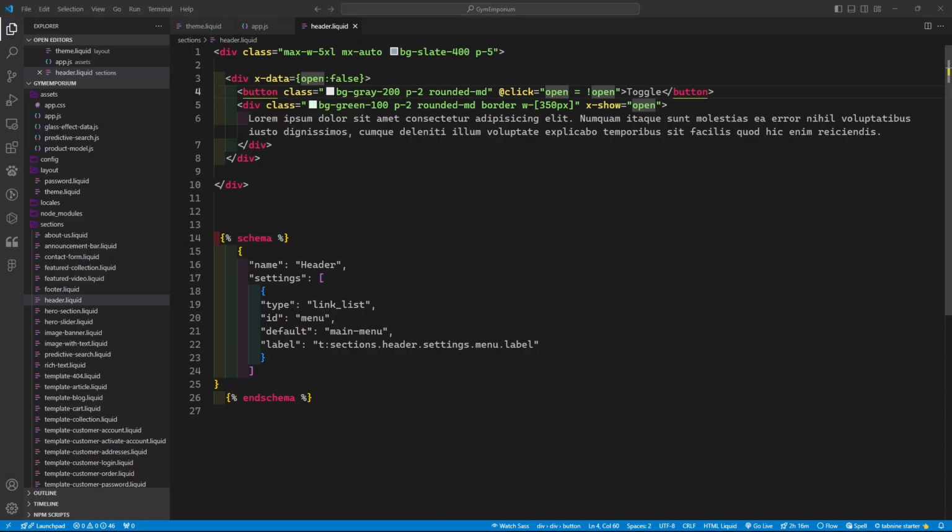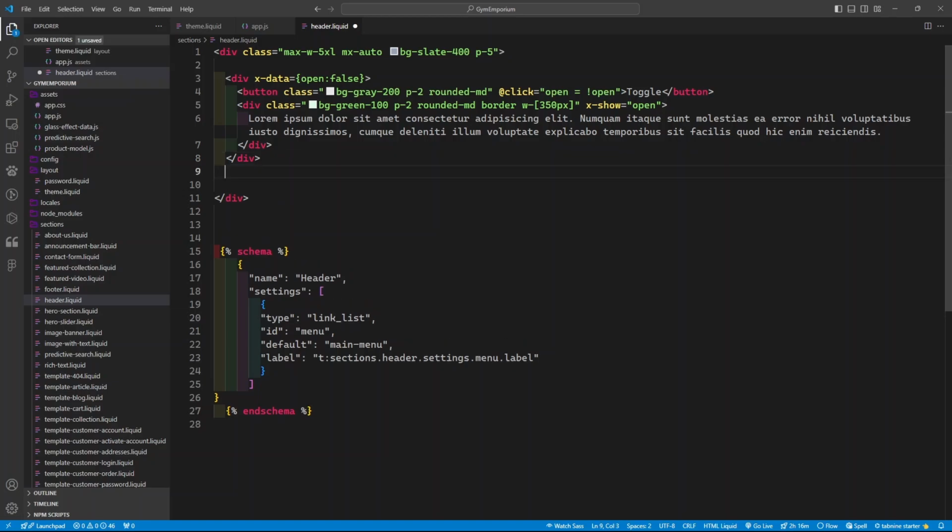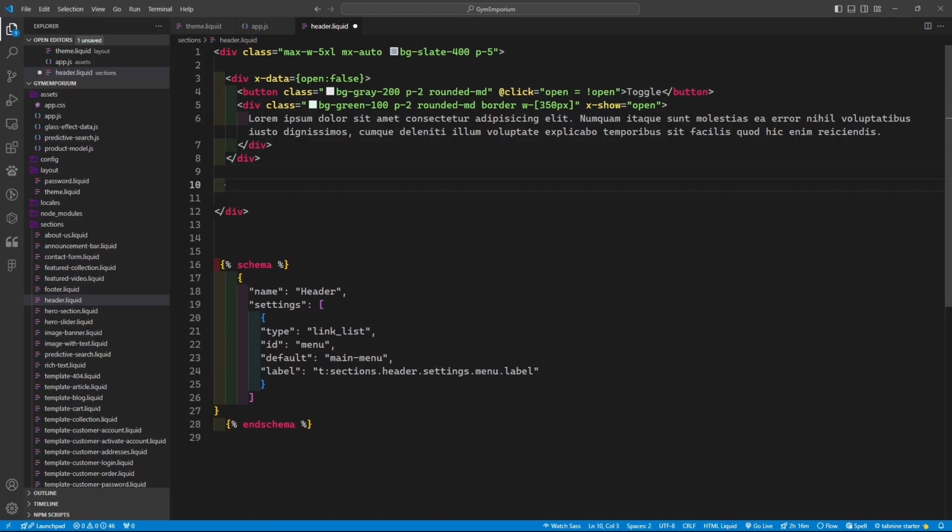So let's create one more component. We are going to create a modal. When we click on the open modal button, a modal box will appear. So let's do that. Create a div and create x-data,